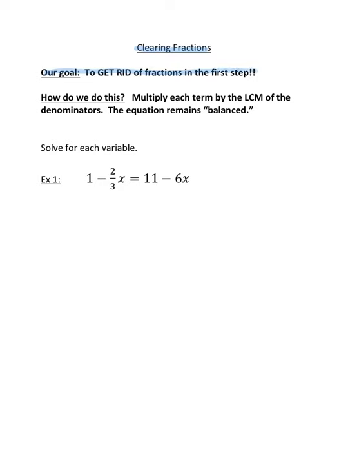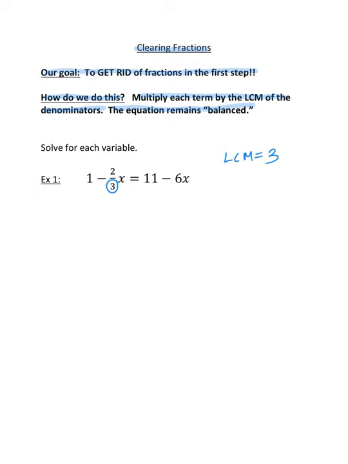So the way we do this is we multiply each term by the LCM of the denominators. This way the equation remains balanced. I'll explain what that means. If you look at the first equation that's given to you, there's only one fraction. I look at the denominator. The denominator is 3. If I only have one denominator, my LCM, my least common multiple, is just that number,